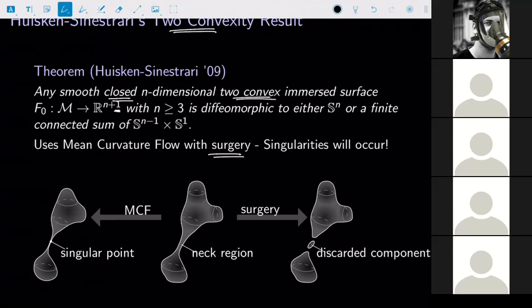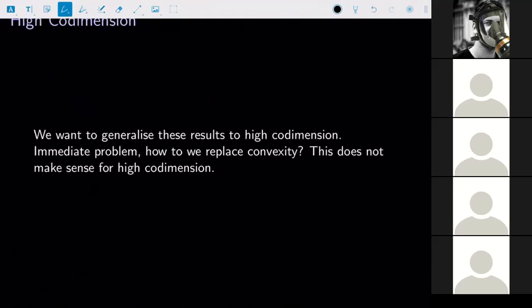And in the middle, you have a high curvature region, which you discard. And then you run the mean curvature flow on the remaining components. And what should happen is that the remaining components should contract to round spheres, or actually they might be cylinders. And so therefore the object has to be a connected sum of Sn or of these tori actually. Okay, so that's the basic idea.